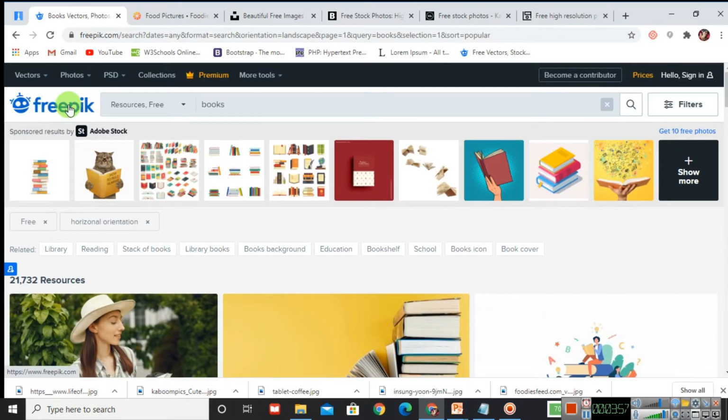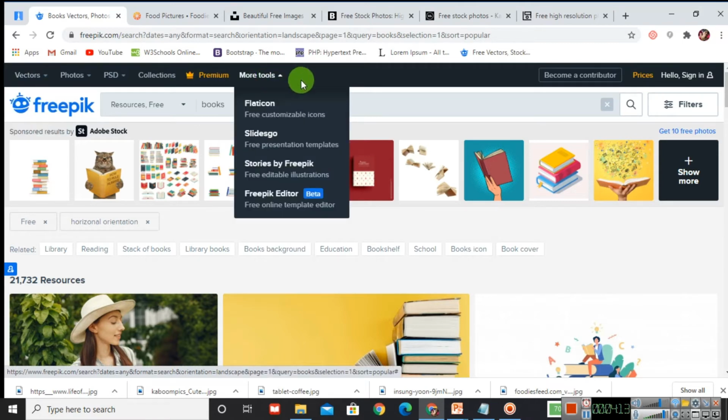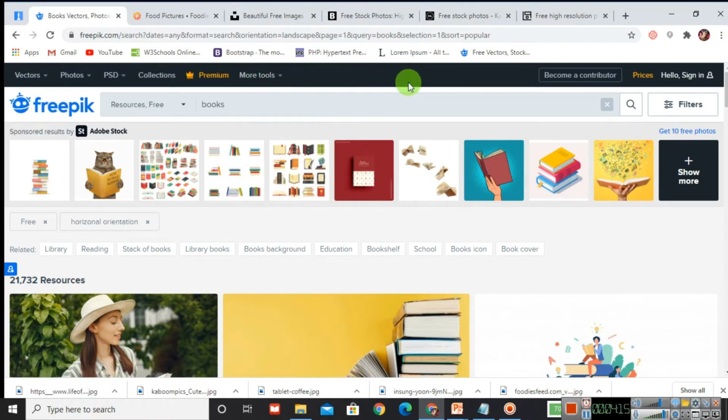You can download only 10 images, but you are going to get n number of images and you have many types of images that you can see over here. Vector, photos, you have a premium version, you have more tools over here. So you can check out all these things by clicking on the link given in the description box. So the next one is